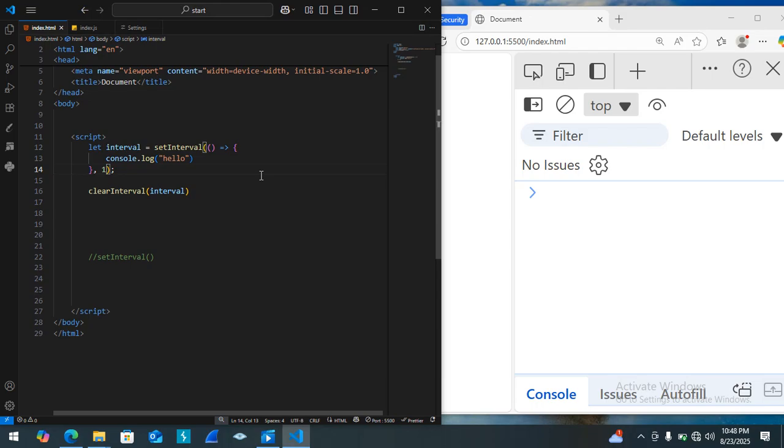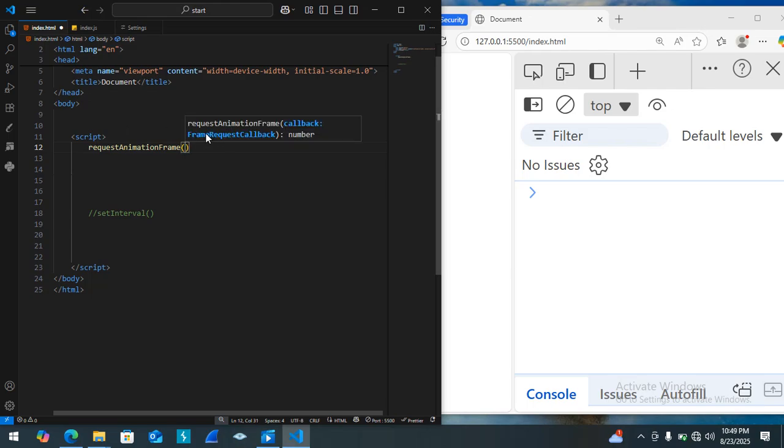If you are going to be a game developer, for example if you are going to use Babylon.js or Three.js, you are going to use what is called the requestAnimationFrame. I want you to know about this function. It takes in a callback, which is the frame request callback, and that callback is in the form of a function. So for animation, instead of using the setInterval, you should use the requestAnimationFrame,